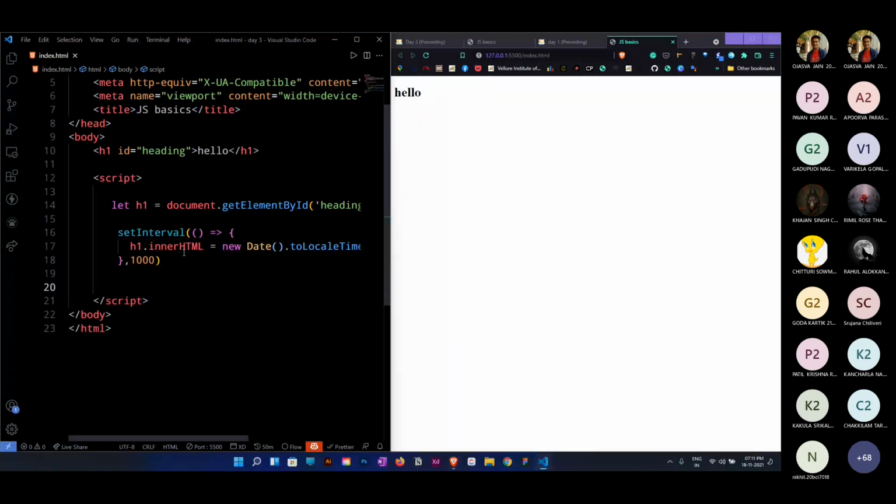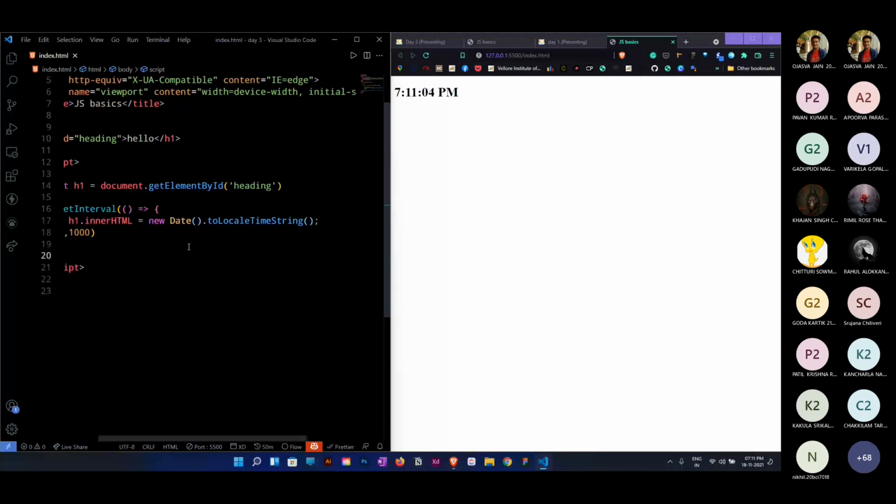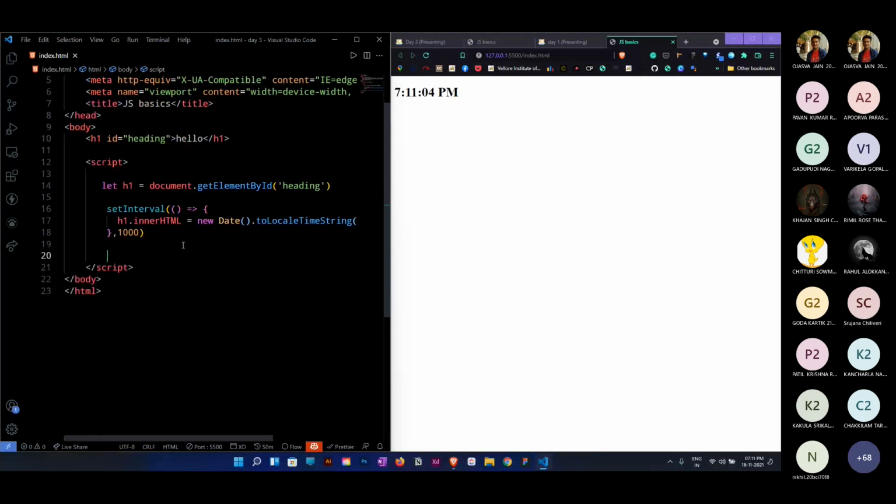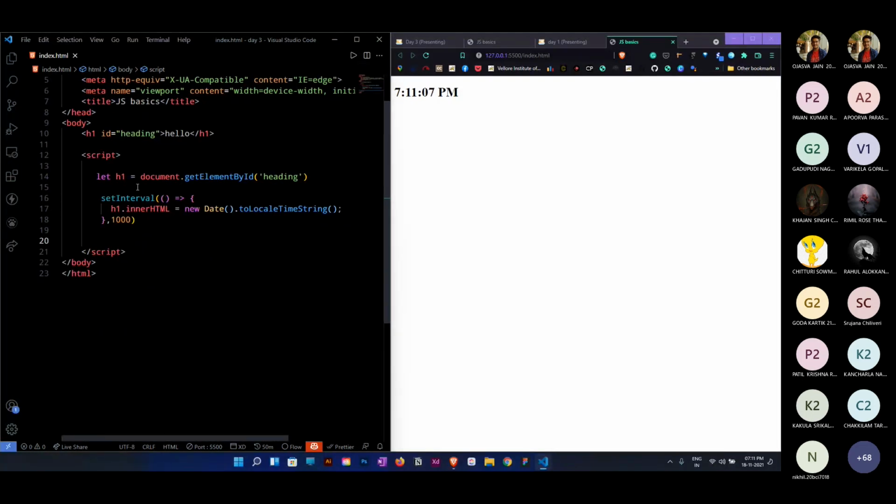Finally, now I will explain what I have written. Don't get overwhelmed by anything. Nothing comes directly. Everything has a logic. In this line, as you can see, I'm getting the element, the heading element, which you're seeing over here